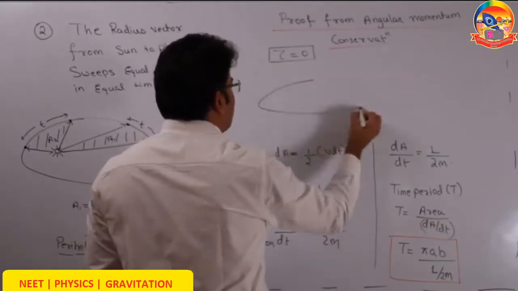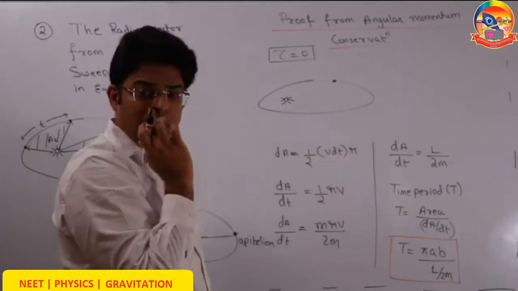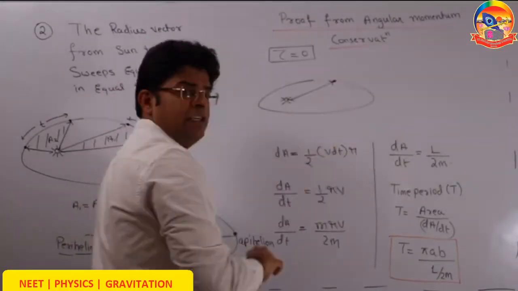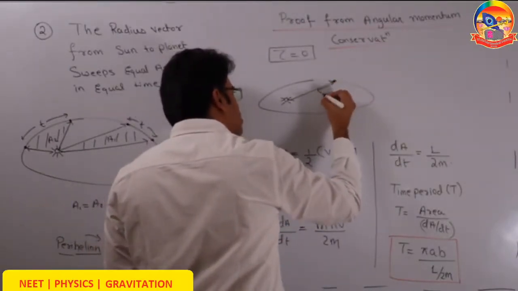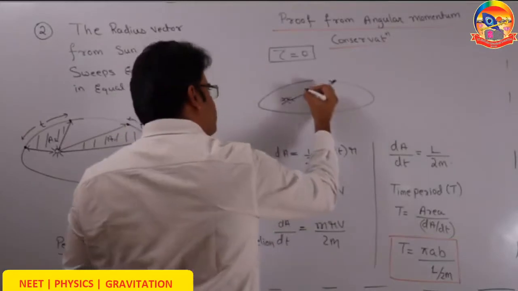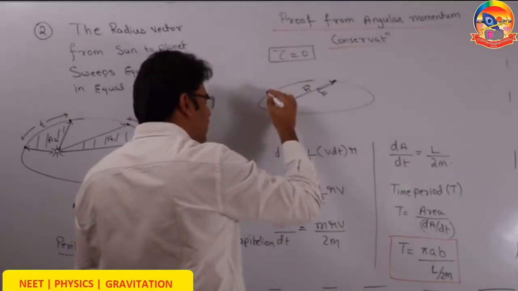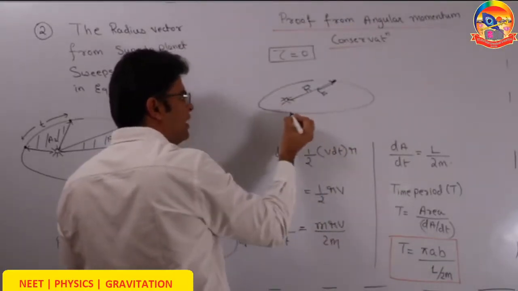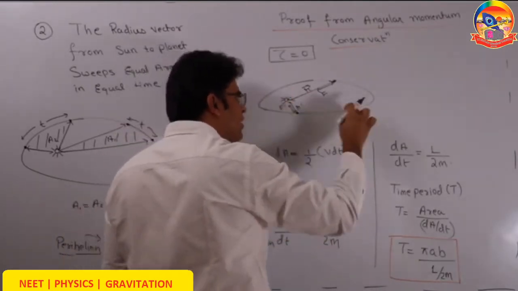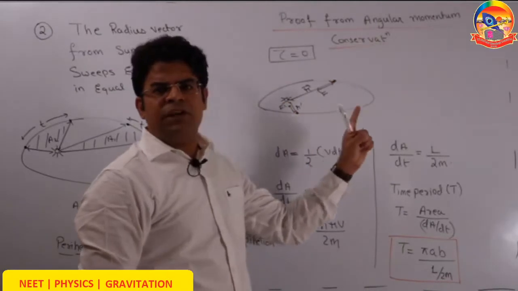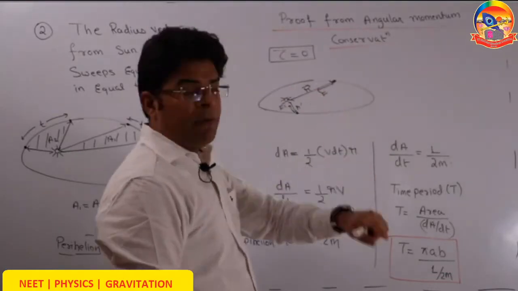Now when a planet revolves around the sun, for any random position of the planet, let's say this is the position vector of the planet with respect to the sun. The gravitational force by the sun on the planet is towards it. So the force applied by the sun and the position vector of the planet are two anti-parallel vectors no matter where the planet is. Let's say after some time the planet comes after turning here. So the position vector, let's say r dash, and the force vector F dash. So no matter where the planet is, the position vector of the planet with respect to the sun and the force of gravity applied by the sun on that planet will be anti-parallel vectors.